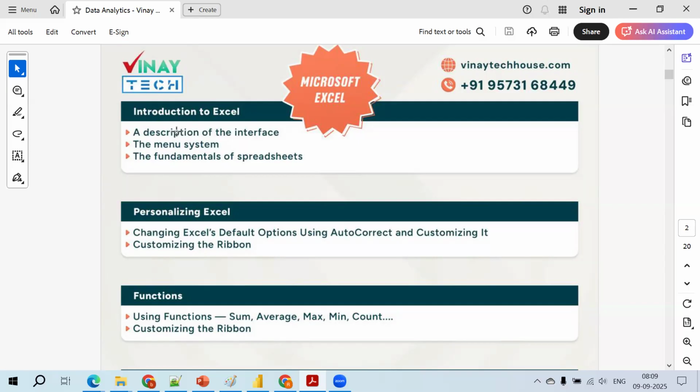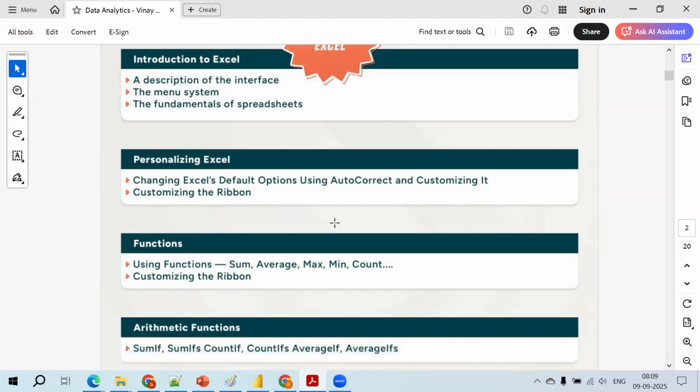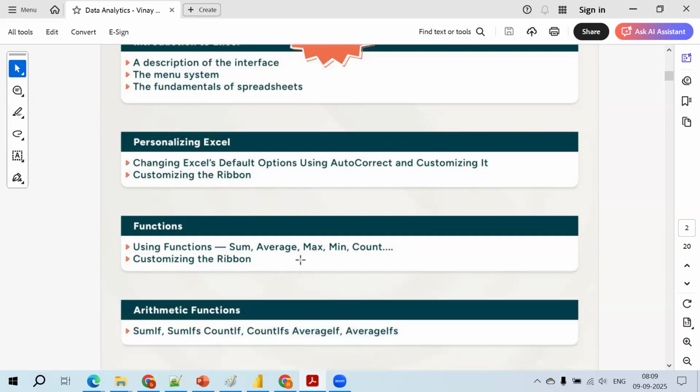Okay, right. Introduction to Excel. We all know that. We don't need to spend too much time on this, right? In Microsoft Excel: personalizing the Excel, where we use this, and what kind of ribbons we have. And what kind of functions we use: aggregate functions, date functions, string functions, text functions, statistical functions. We have different types of functions and we're going to have a quick walkthrough on it. I'm going to explain practically only. Don't worry about it, right?